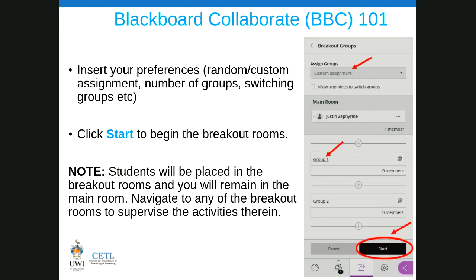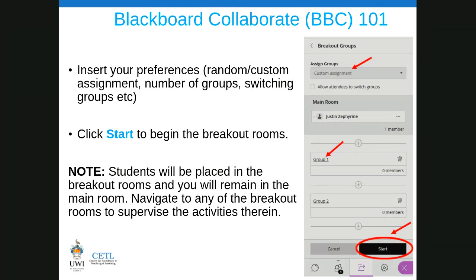It takes you to a very simple page where you would assign groups. In this graphic, there was only one person in the group. You can assign them randomly, or you can customize the groups.